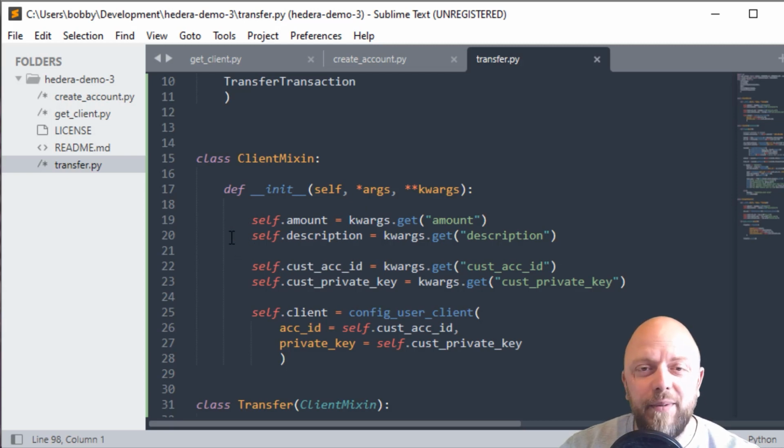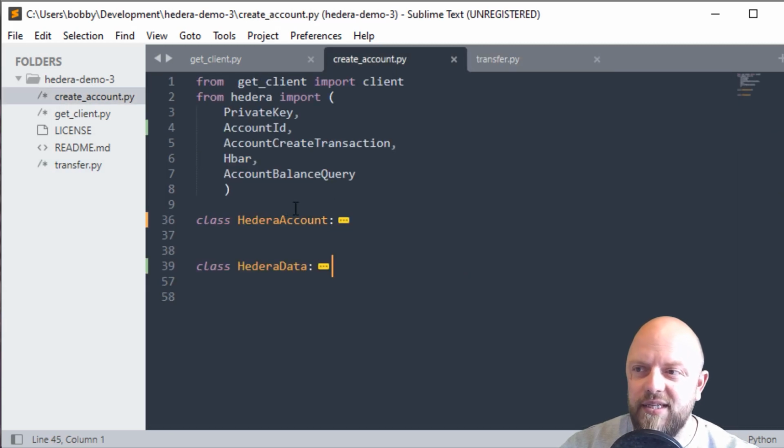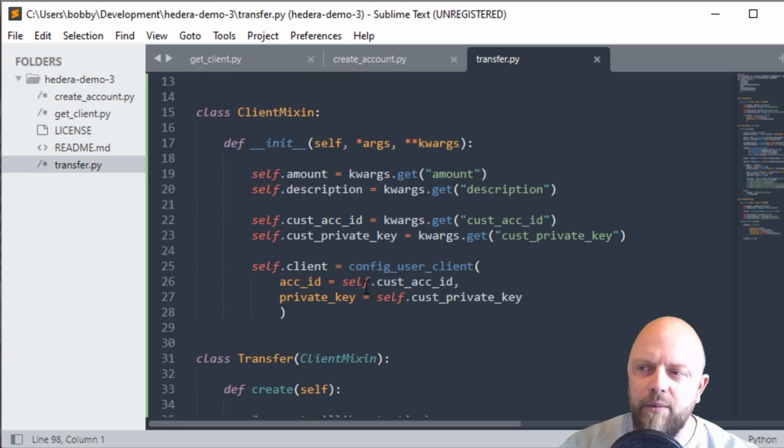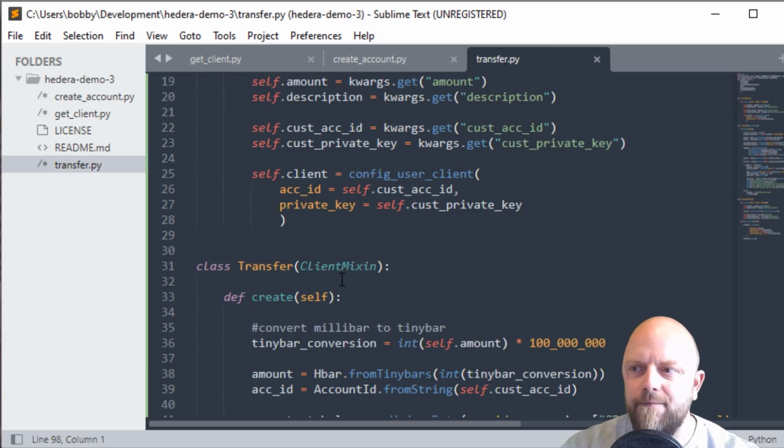And the description, this will be passed through to the transfer, because you can add a memo, so on the actual transfer you can say what it was for. And then we pass through the customer account ID and the customer private key, that is, we get that when we call the Hedera account class, which is here. Okay, so we pass those two strings through to the client mixin, and from that self client becomes config user client, which is the function that we built in the get client file, and we pass through the two strings. All right, so that's what that's doing. We pass that client mixin into transfer,